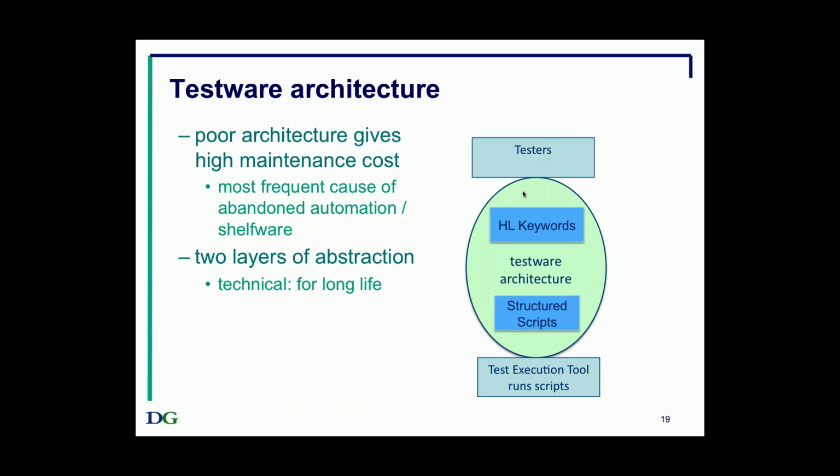Now, the other level of abstraction is to do with who is using the automation. If the automation is devised using high-level keywords so that the testers can write the tests in a domain-specific test language, they can write tests in a way which makes sense to them. The testers should be the ones in charge of what the automated tests should be. These are the tests that we want to be automated. They may not be in charge of implementing the automation, but they should be the driving force.